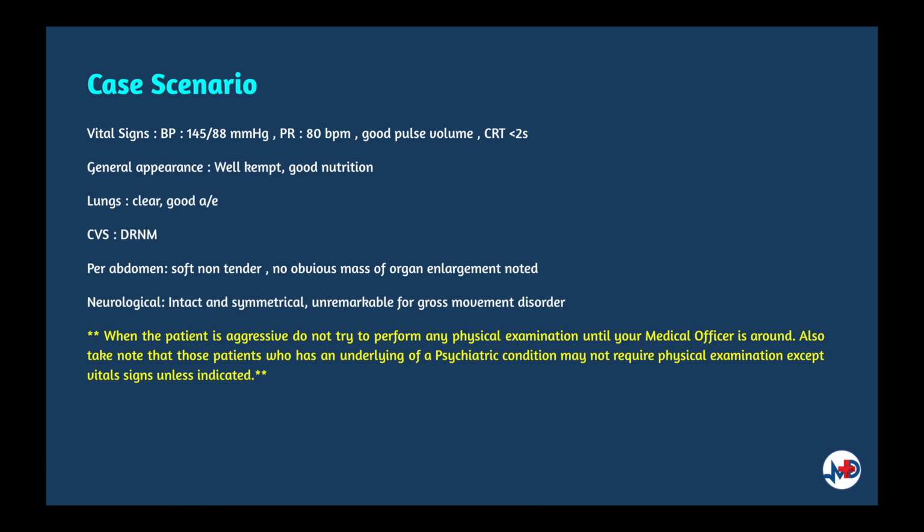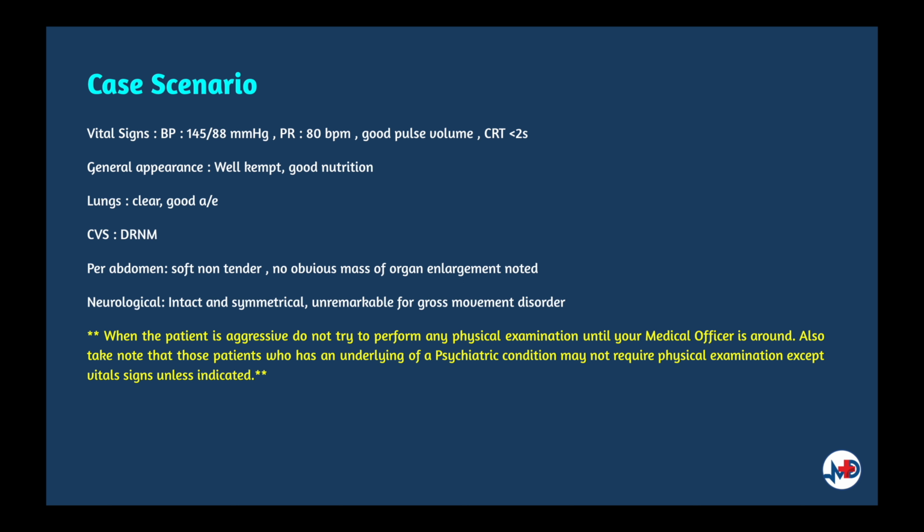Next, we will move on to the examination findings. Here you may want to inform your team of the patient's vital signs, measuring blood pressure, a heart rate, and the nature of the pulse volume as well as the perfusion. Here the general appearance is important, where you will also consider mentioning the vital organs examination, which is the cardiovascular